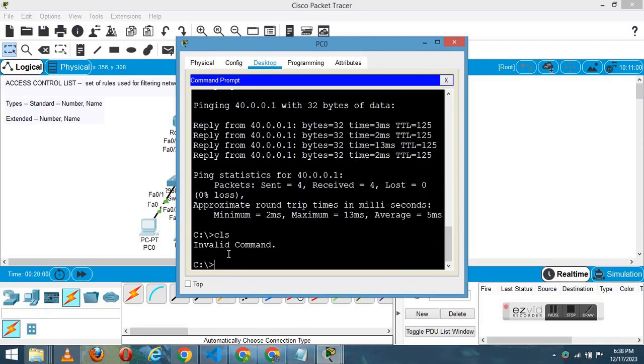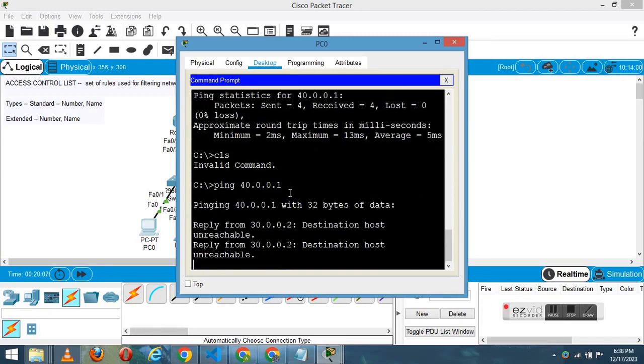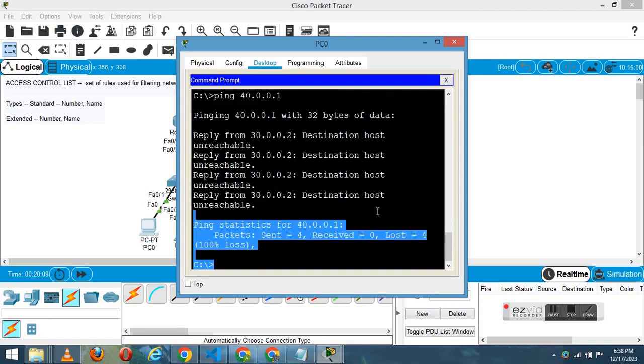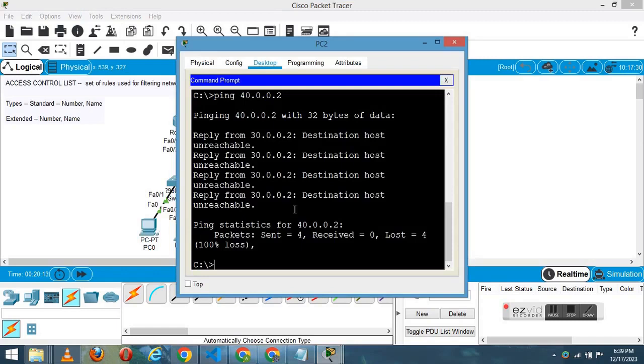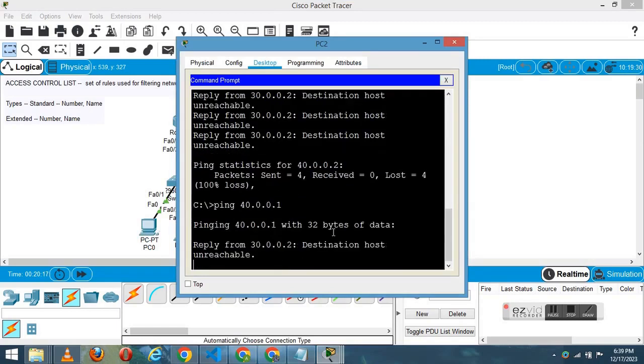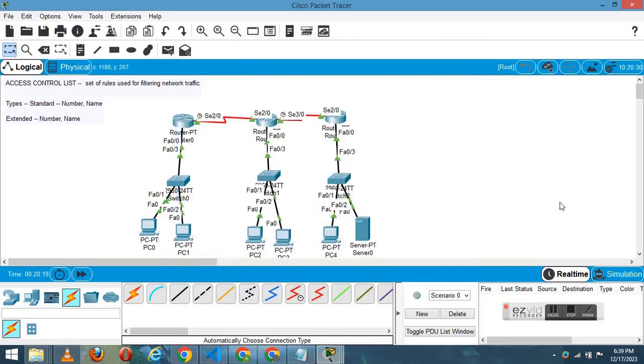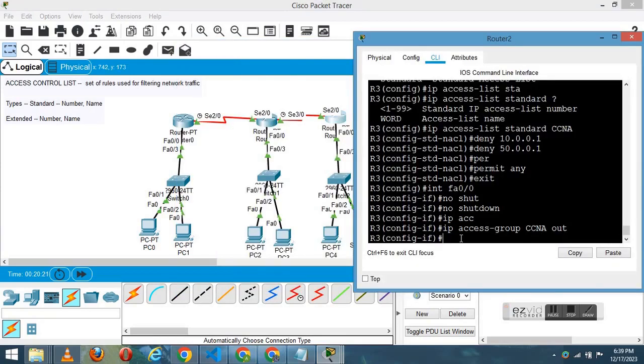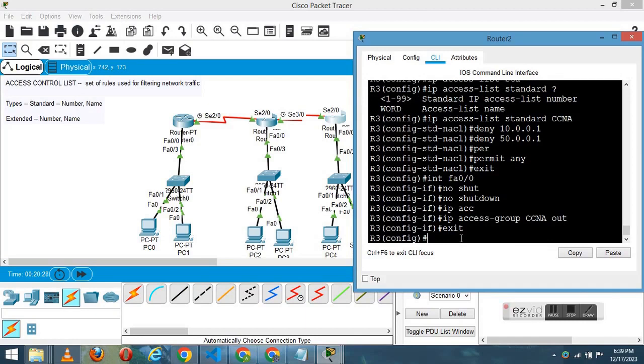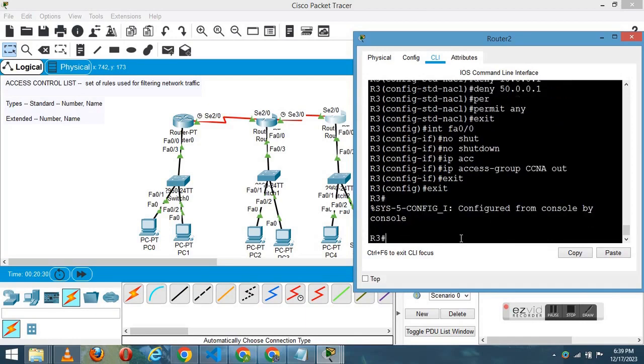So if you ping this 40 dot network, which we recently got a reply from after deleting the numbered access control list, the named access control list has blocked it again. And if we try from 50.1, this also should not ping 40.1, so it is not pinging from 50.1. Here the advantage we have is that we can delete any set of rules,